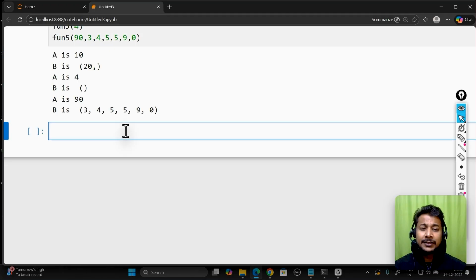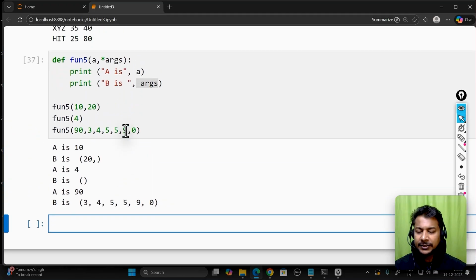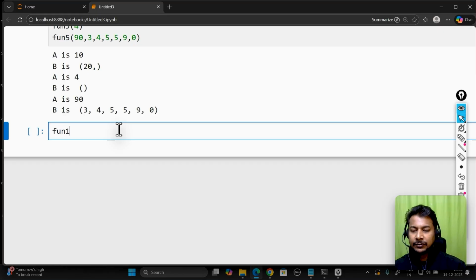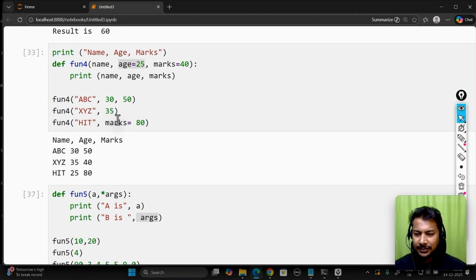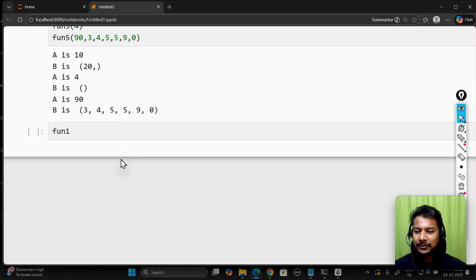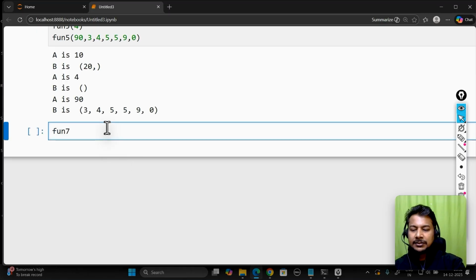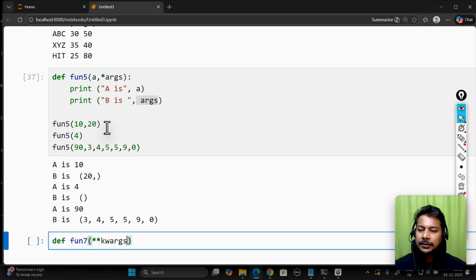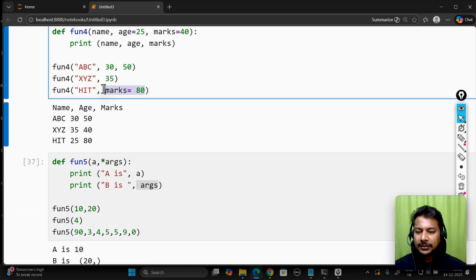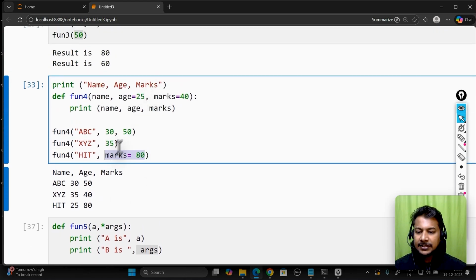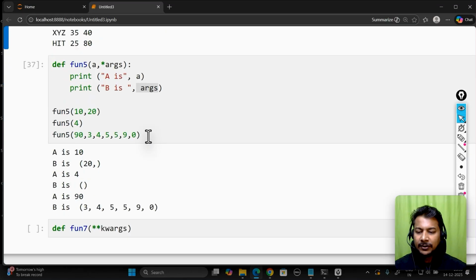Consider if you want to send keyword, dictionary kind of elements. We have already sent dictionary kind of arguments like this. So if you want to send all the arguments as a dictionary, let's make it def, and all the arguments. So we use kwargs. This is a dictionary kind of argument. Here we are taking a single default argument, but if we want to take it as a dictionary,